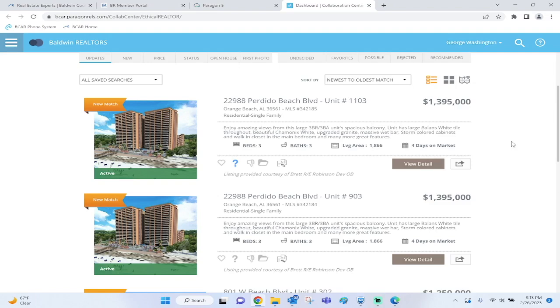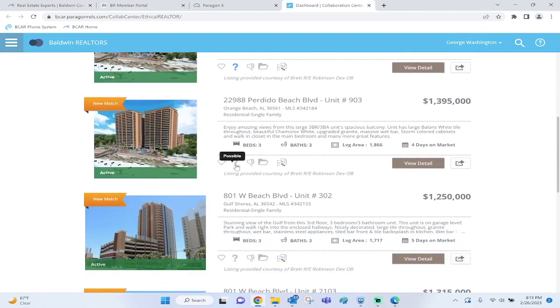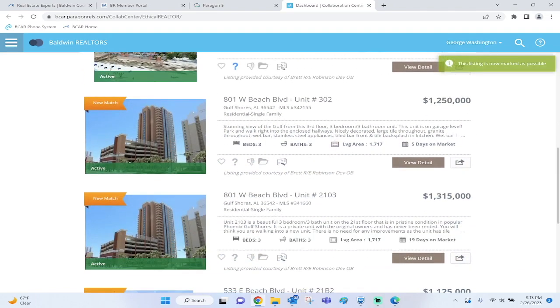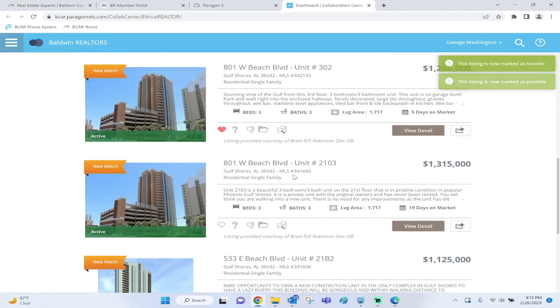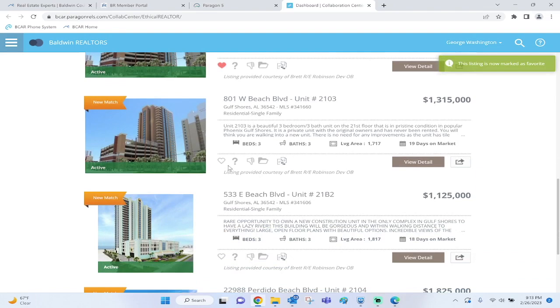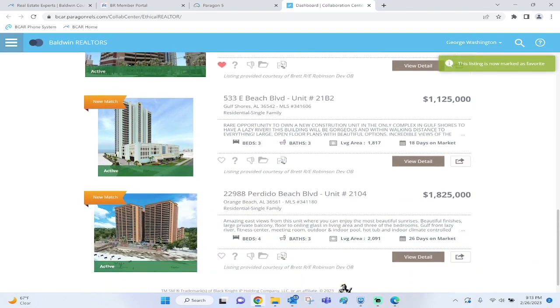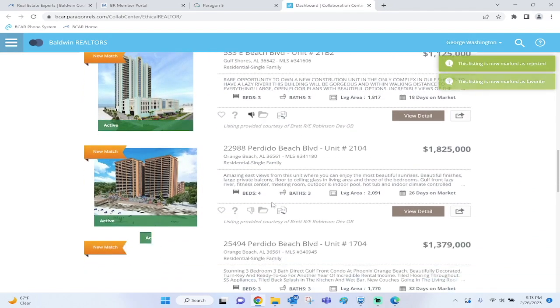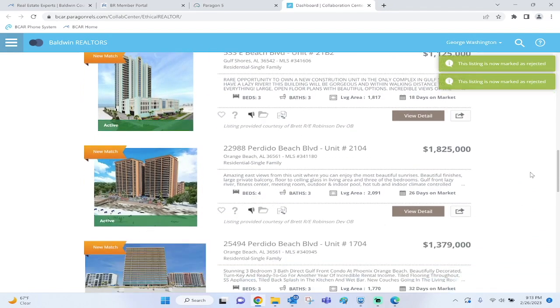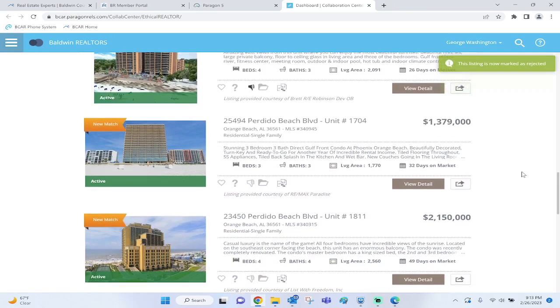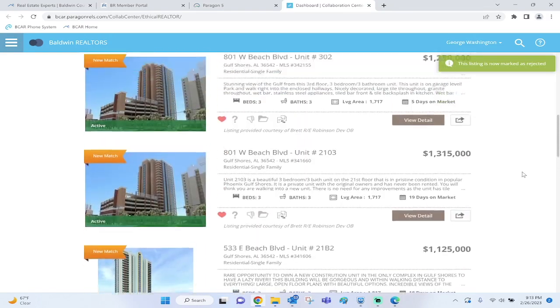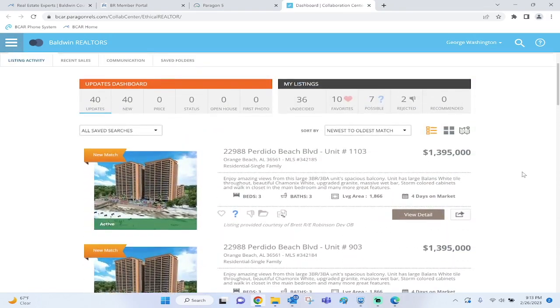I'm going to close that out. He's going to mark this one a possible. We're going to say, yep, we like this one, so that's a favorite. And we're going to favorite this one as well. And just for the sake of it, we're going to reject a couple of them as well. We're going to just reject those. So those are some of the things that George can do, or any of your clients can do